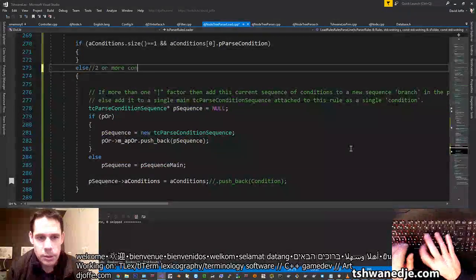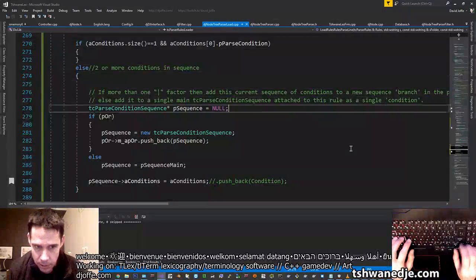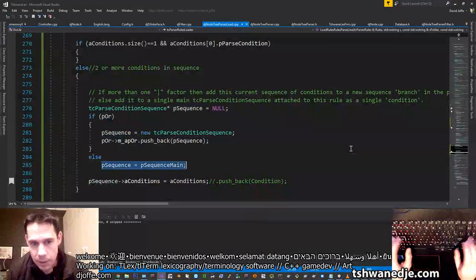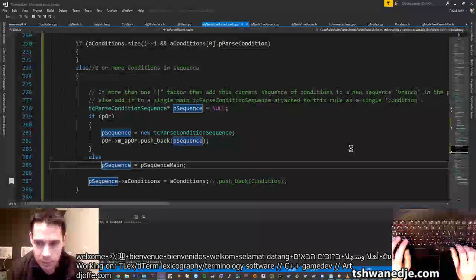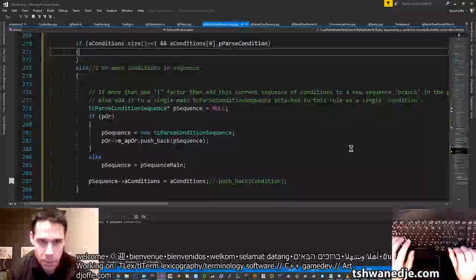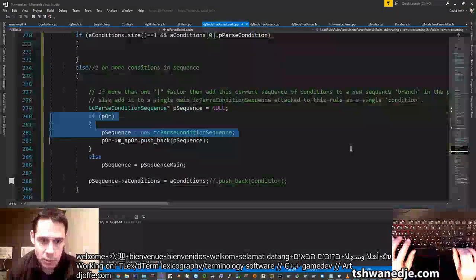Two or more conditions in sequence. So if a P OR, then create a new one, push it back, else it's just one main sequence. Now, if there's only one, then we also need to test if P OR